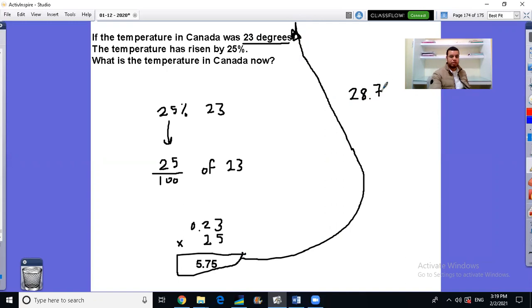Guys, please, I hope that this is clear to you. I just here got the percentage 25% of 23. We found that it's 5.75, but they said it's 5.75 more than 23. So it's